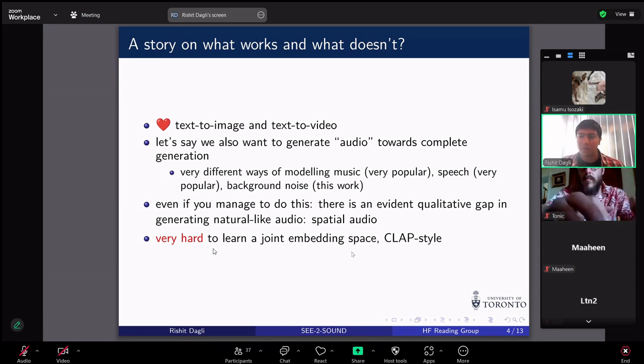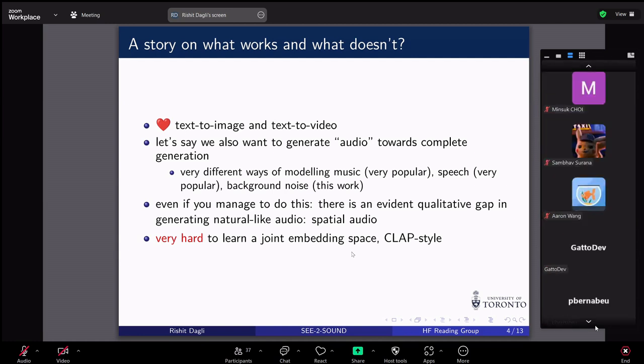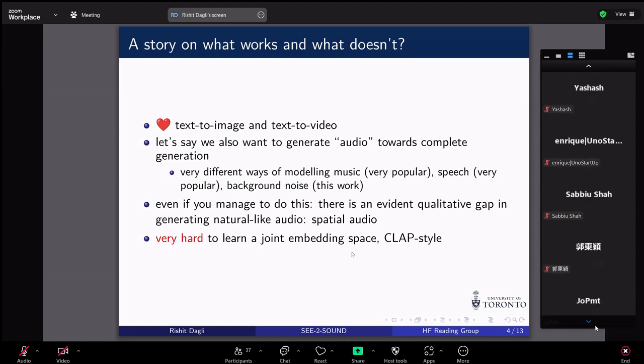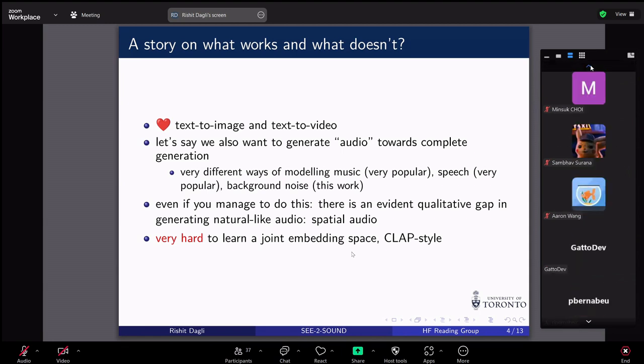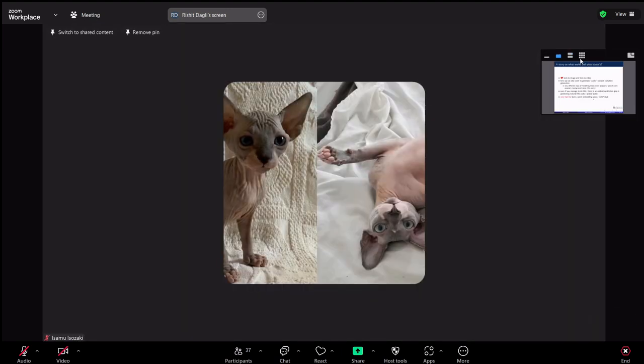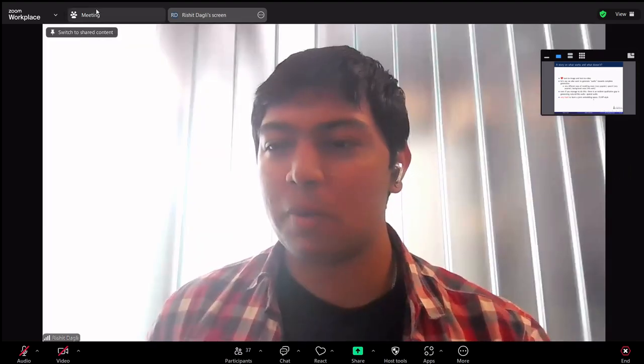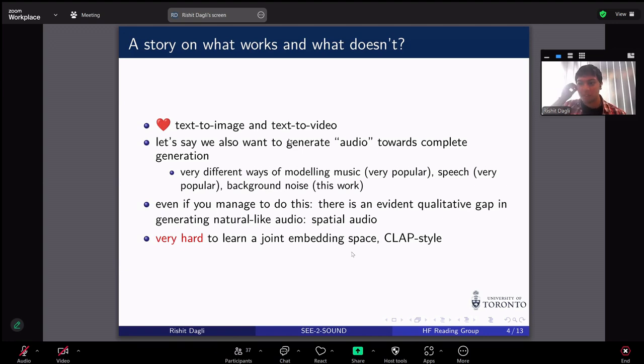Now, the first thing I started doing was I tried to do some kind of end-to-end learning for this problem, just trying to train CLAP plus CLIP style models to do this. It's surprisingly hard to do this just with CLAP style models and nothing else. It's very easy if you were to do it, as in you can just use the framework that these CLAP, CLIP style models have for doing stuff and say